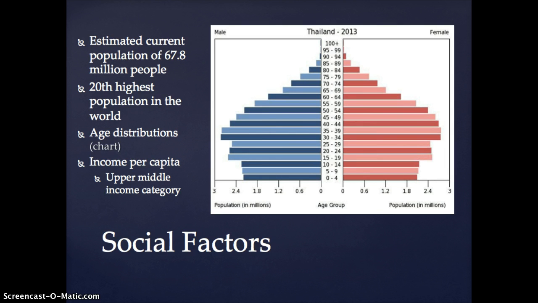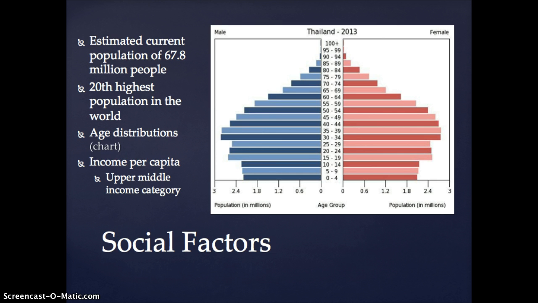Next, we have a chart for the age distribution. Age distribution, as you can see, is showing that there is a very high population that are able to work. This can be a really good thing depending on the business that wants to be started, but also could be an issue because if there's a large number of people who are able to work and not enough work, this could cause unrest from the lack of jobs.